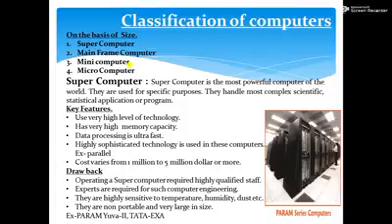Operating a supercomputer requires highly qualified staff, which means having suitable knowledge, skills and experience of computers. Only those persons are used to operate a supercomputer. Experts are required for such computer engineering, which means a person who has lots of special knowledge or skill about computers, who can operate this computer.